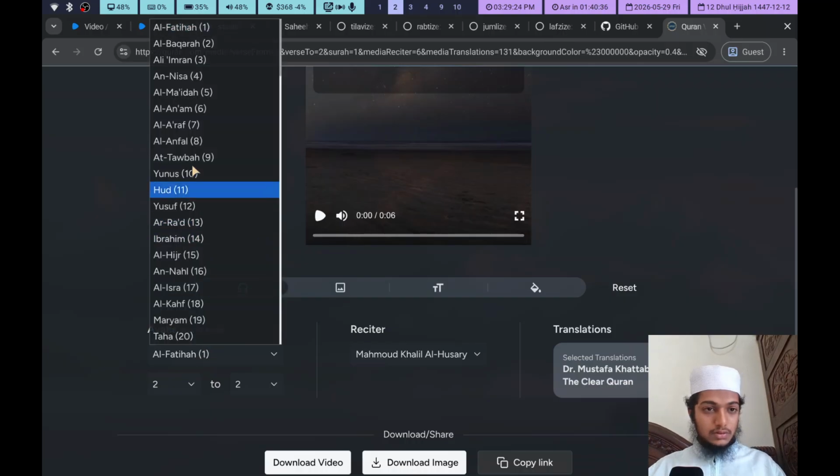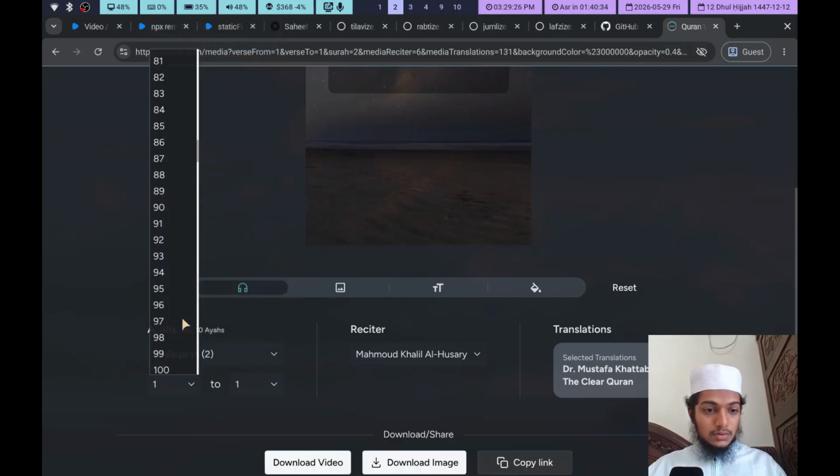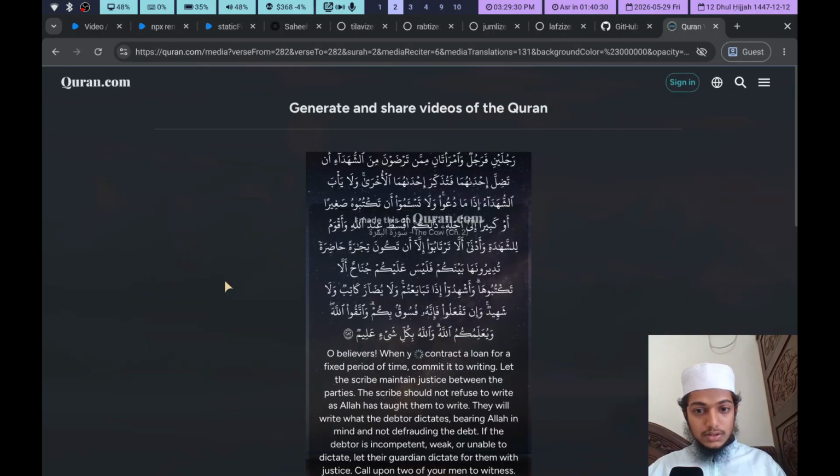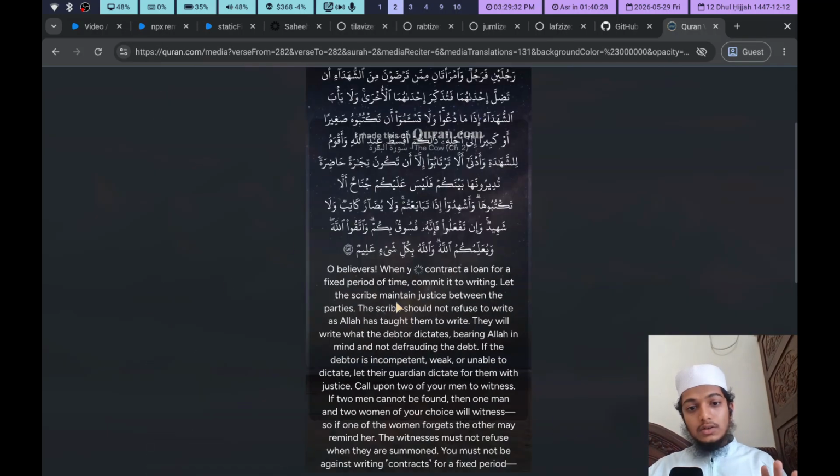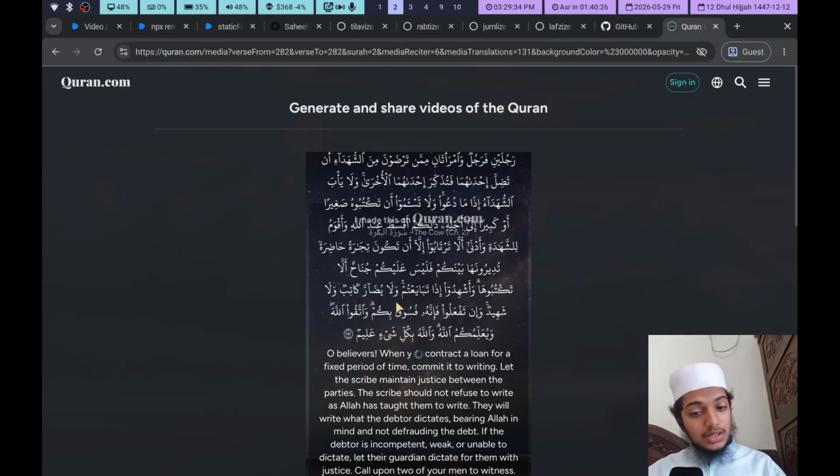Okay, so let's see. So this is the longest verse in the Quran. It's going to clip. Okay, now let us see how Merciful Servant or the other channels address